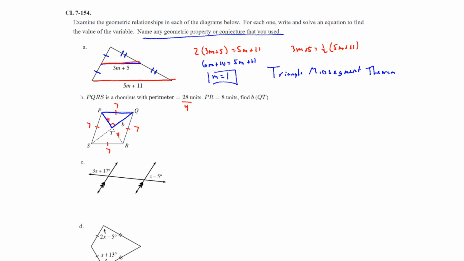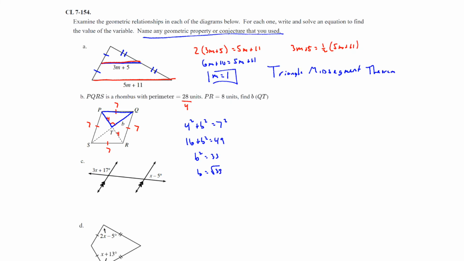So we can use Pythagorean theorem to say 4 squared plus b squared should be equal to 7 squared. So 16 plus b squared is equal to 49. Subtract 16 from 49, and you get 33. And then take the square root, and b is equal to the square root of 33. And so b will be approximately 5.74